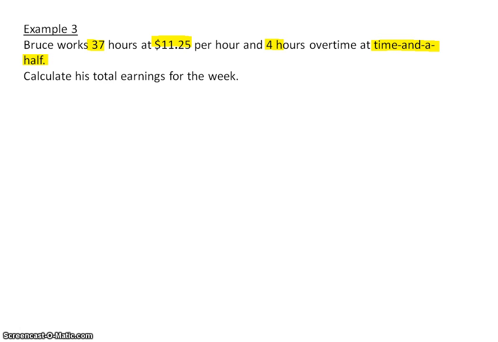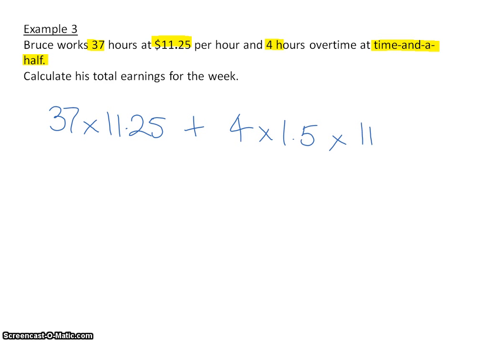If we're calculating his total earnings, we're going to look at each part separately. So he earns 37 lots of $11.25, and then he has his overtime on top of that. He's got 4 hours at time and a half, so 1.5, and then times his original pay amount,